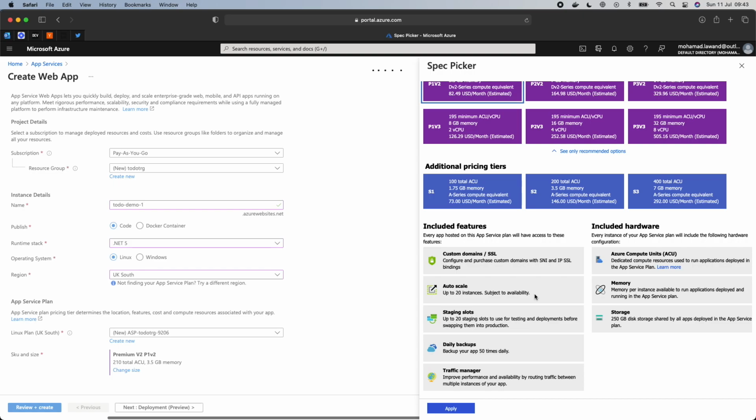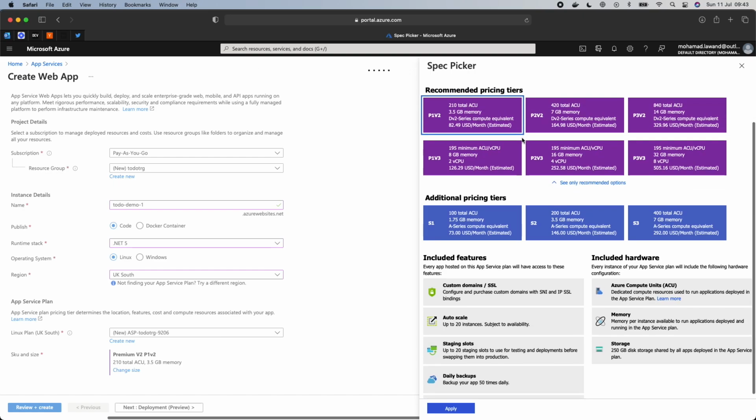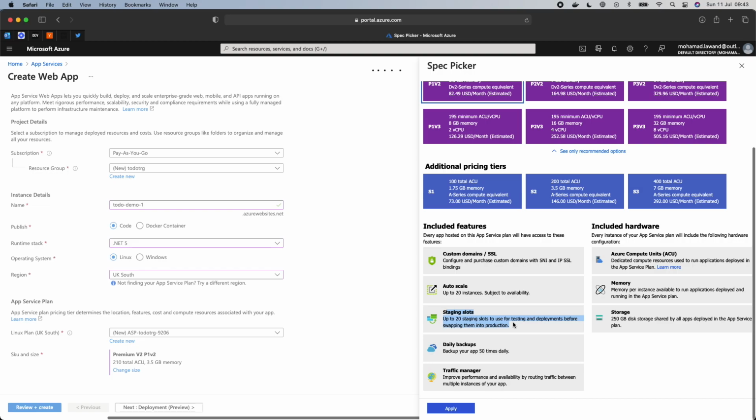And that way we are allocating the traffic on different servers, and we have some kind of load balancing in order for us to do that. So basically, within this selection here, I will be able to have this auto scale up available to 20 servers simultaneously. Staging slots means that, for example, when I'm doing any development, as we know, we have a development environment,